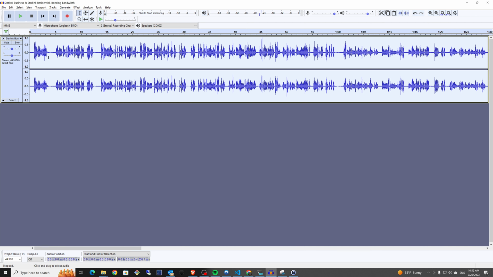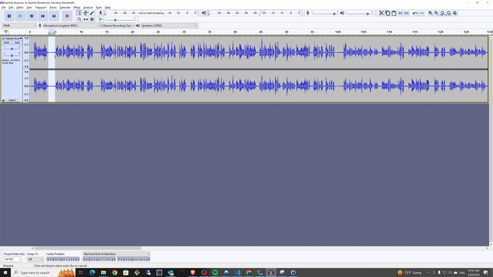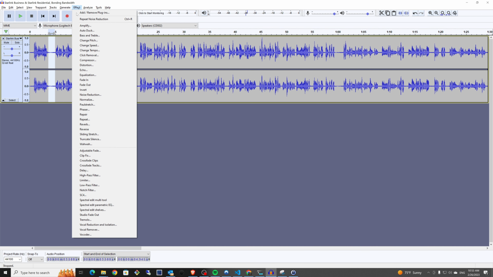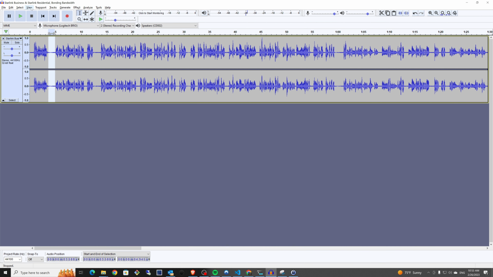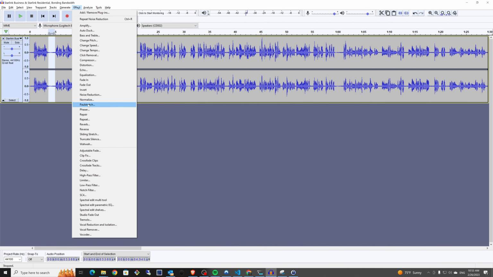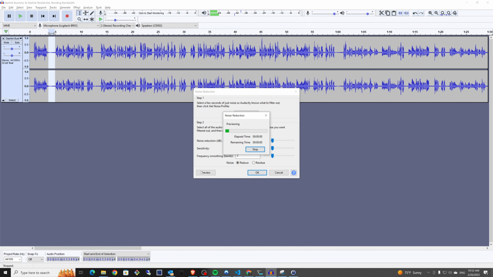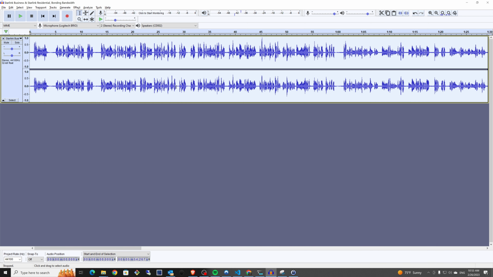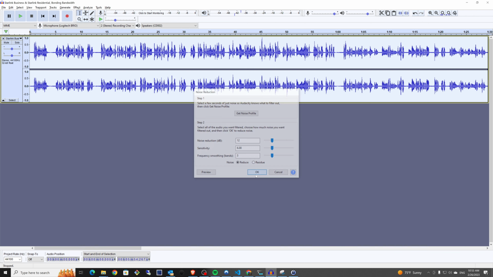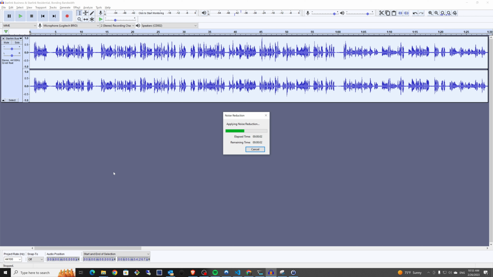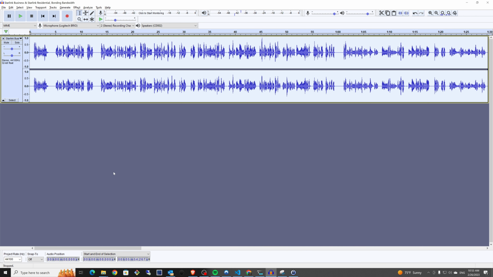Now you can see it's gotten a little bit better, but you can see there's still a little band where you can hear the noise. And like I said, me being lazy, I usually go back in here and get the noise again. And then I go back to effects, go noise reduction, preview. You can hear noise is almost gone. So what I'll do is I'll go here, select all again. I'll go to effects and I'll go noise reduction. And I will apply it here again. Now with that being applied,